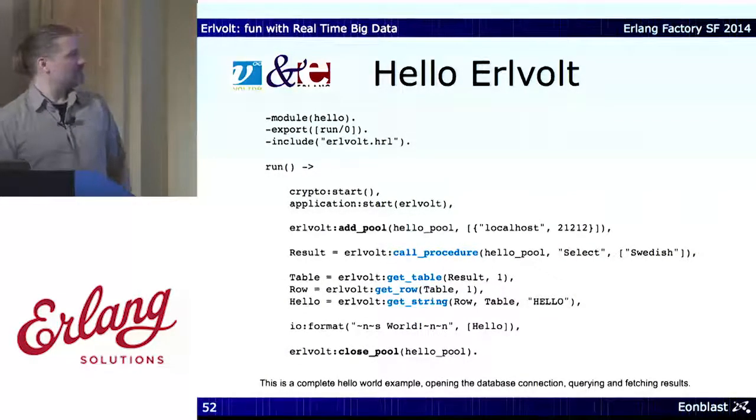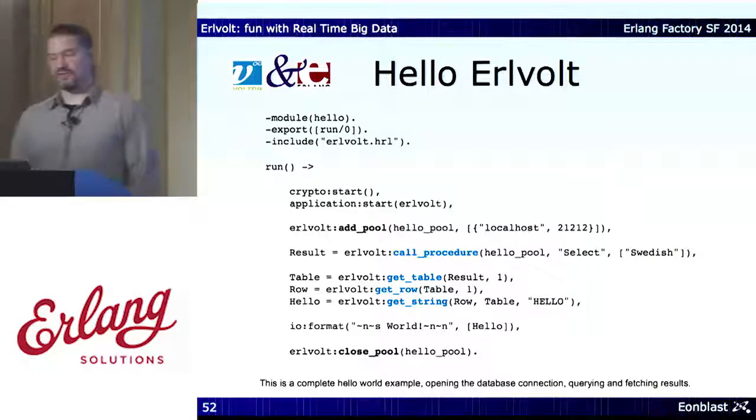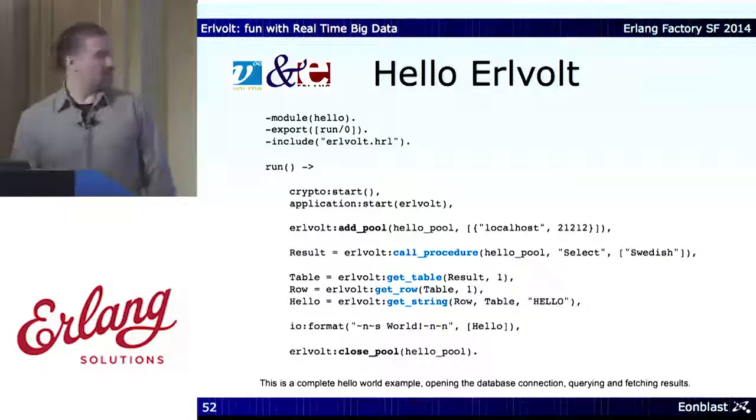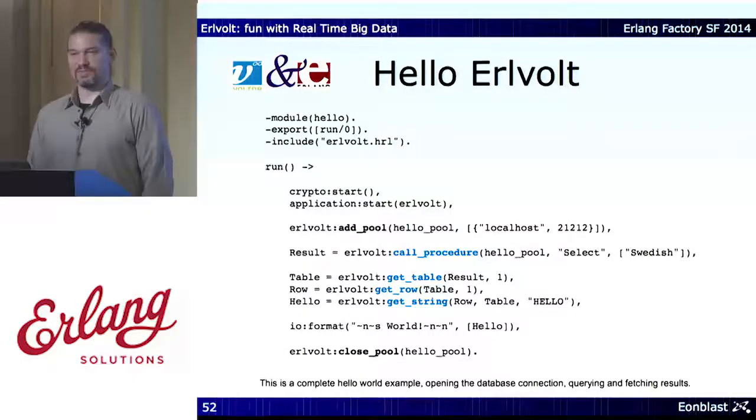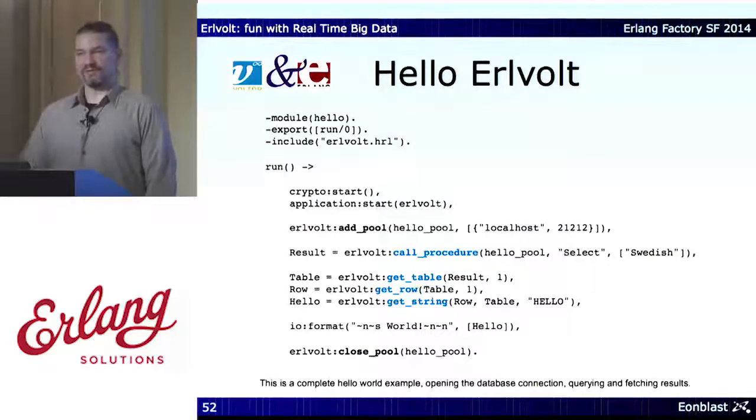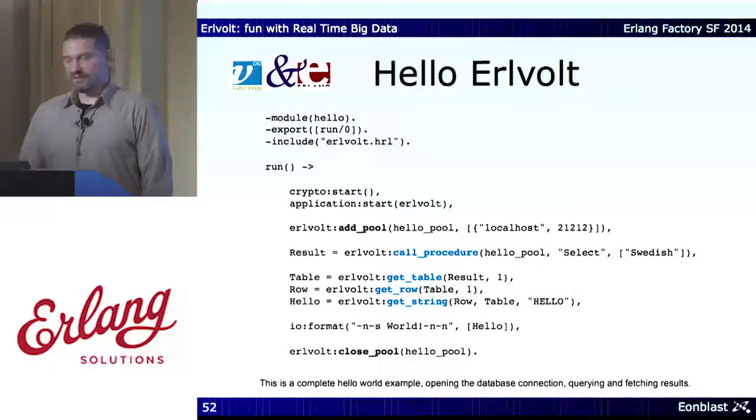example where you initiate the connection to the database, then you call a stored procedure. In this case, it's called select in the middle there, and then you get the table and you get a row and you get a string out of that row. There's no concept of streamed results because in OLTP you usually have very short writes and very short reads.